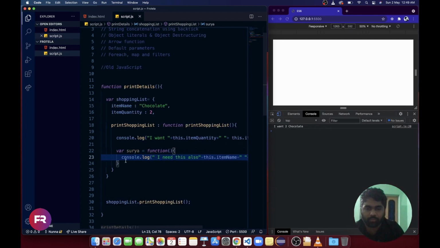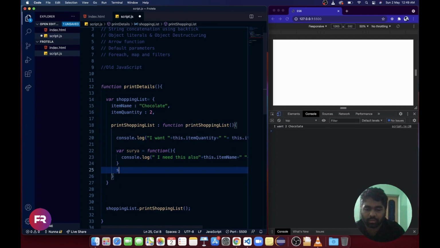If I save, we'll be getting this only. Now we will call this function here. If I save, I need undefined also. We are getting it like this.